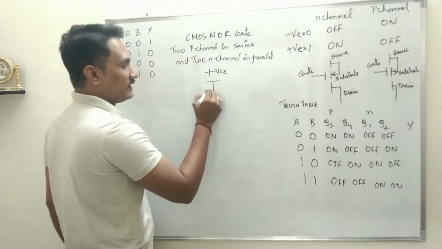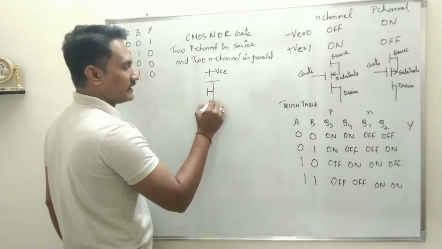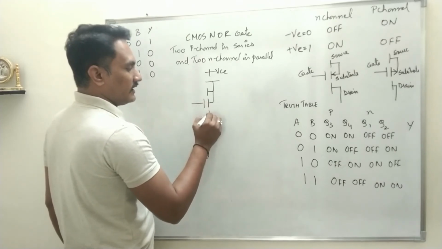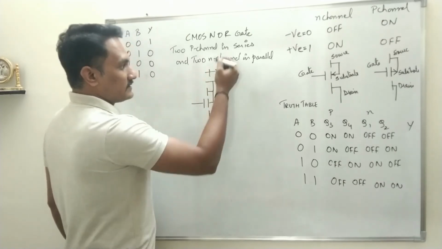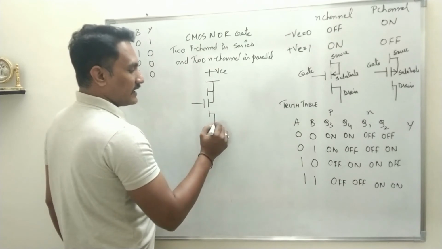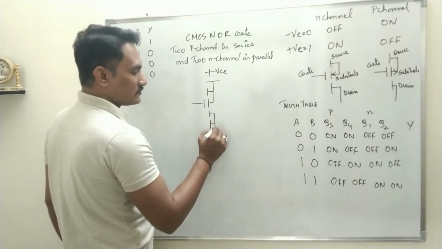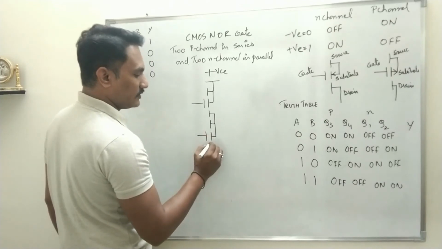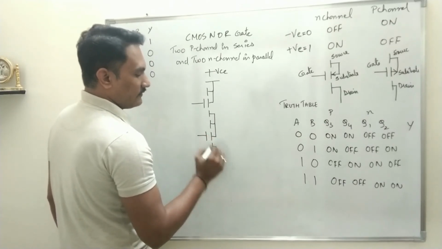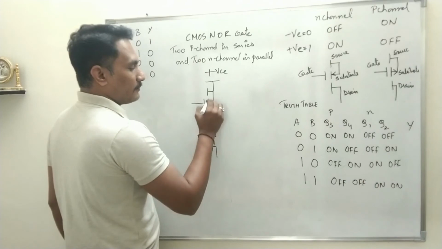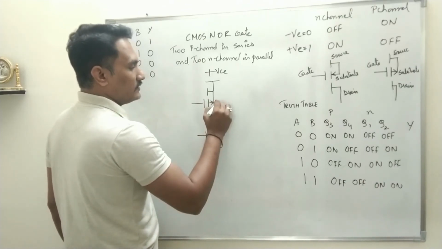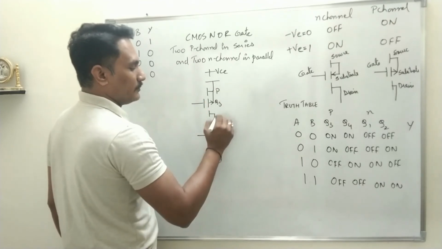So we'll start with, again, source connected to substrate. In front of the substrate there will be a gate terminal and then drain. As it is connected in series, the drain of the first will directly be connected to the source of the second. Source is connected to substrate. In front of the substrate you have the gate terminal, and then you have the drain. Now these two are P channels, so the arrow mark will be outward. Let this be Q4, let this be Q3, both are P channel.